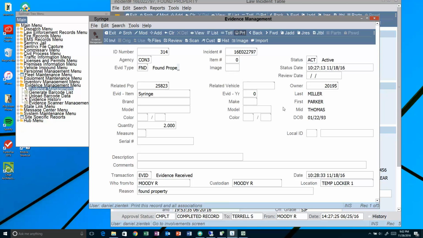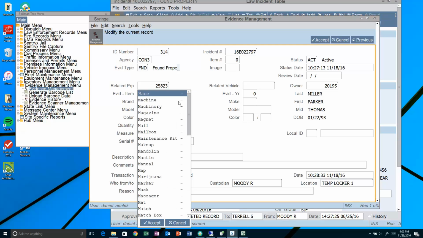Now, one thing that I want you to look at here, on many of the drug arrests that we make, has to be done in the property screen. So I'm going to show that to you and then how it translates across. Here, notice that we have a quantity. We also have a measurement right underneath that. So let's say that we had some marijuana. Up here under our evidence,